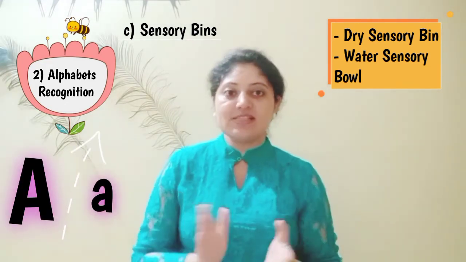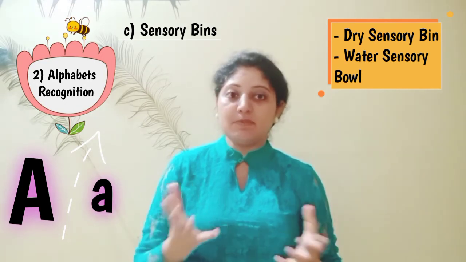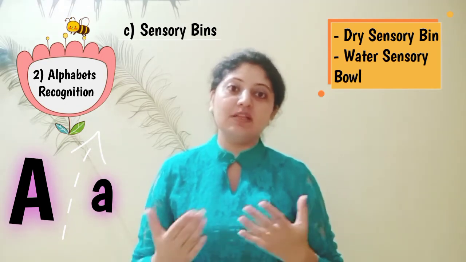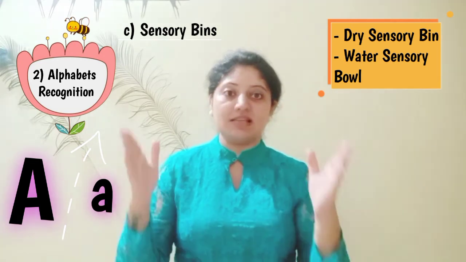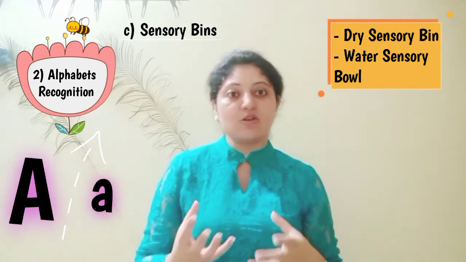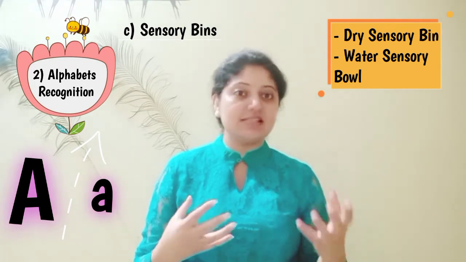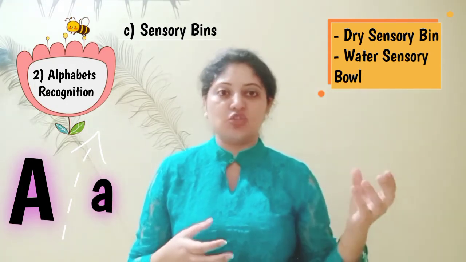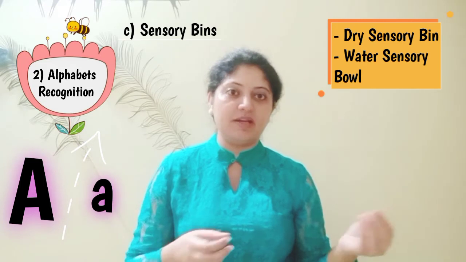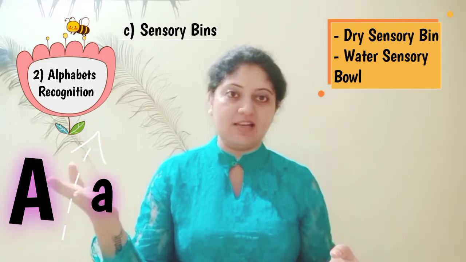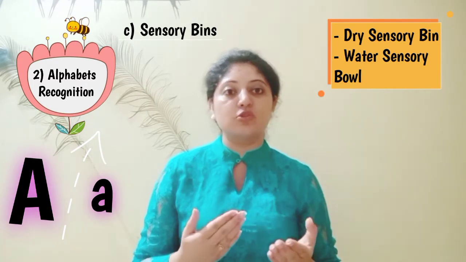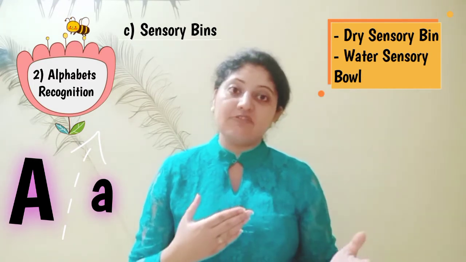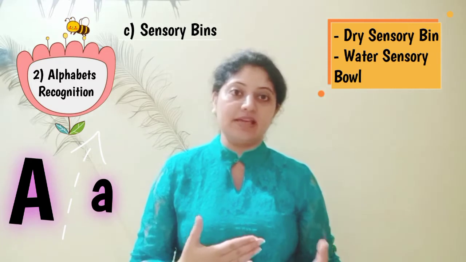You can also use the sensory bin to help a child differentiate between the upper and lowercase alphabets. Like I put the uppercase alphabets in the board puzzle and I mix all the lowercase alphabets in the sensory bin, and then Saish just picks out the lowercase alphabet and tries to match it with the uppercase alphabet which is kept there. So this is one way with the help of which you can help a child identify between the upper and lowercase alphabets.